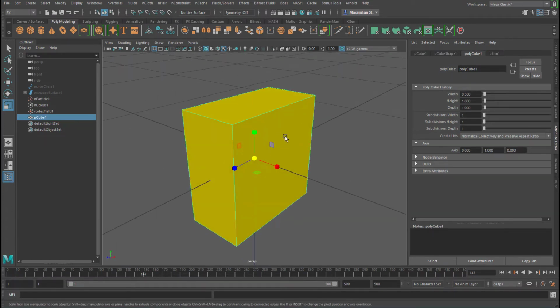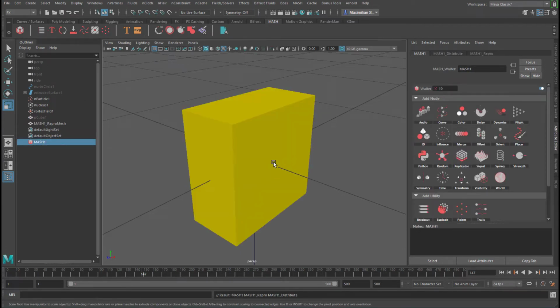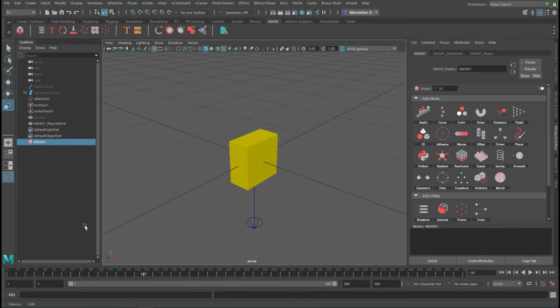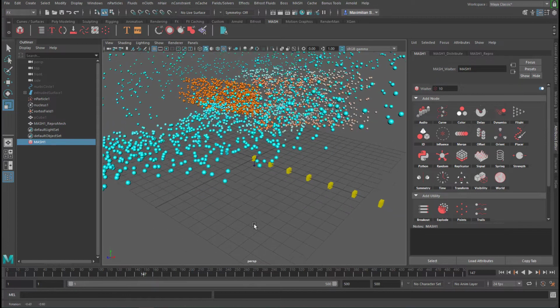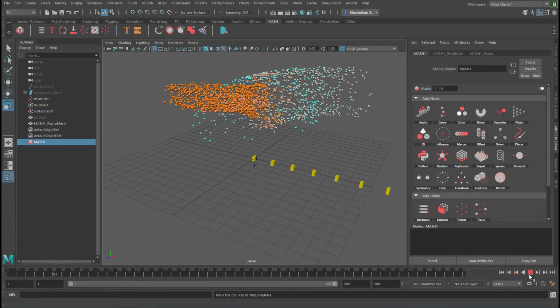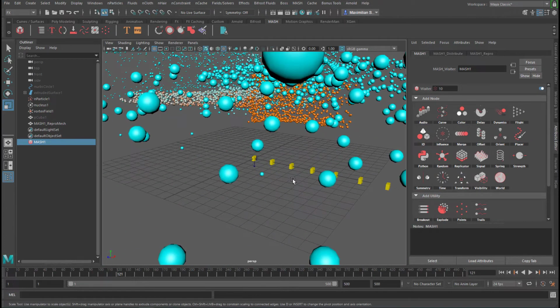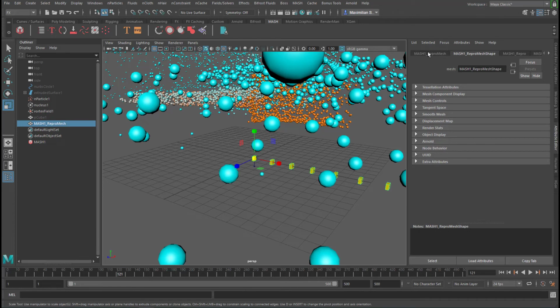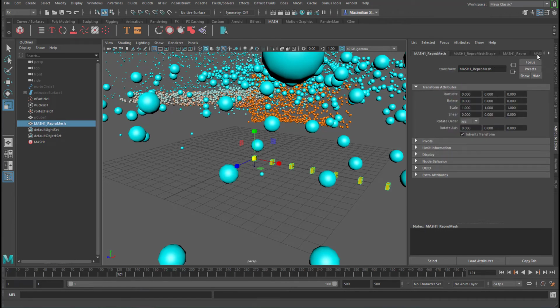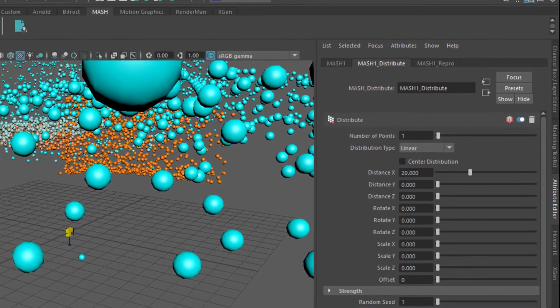And now we create a mesh network from this yellow box, and the mesh network sits here, mesh, and this one. Mesh creates 10 instances of this object. They're just sitting here and doing nothing, whereas the particles are still playing around like mad and quite wonderful. So how do we connect these points here? We actually don't need them all. I don't know if that does matter, but we select the particles now,